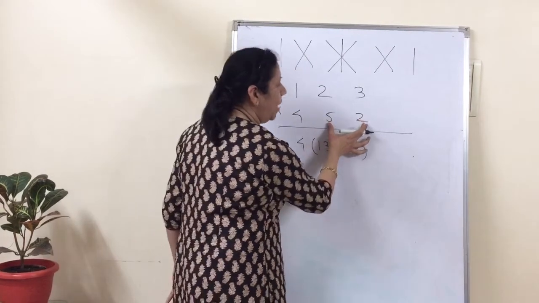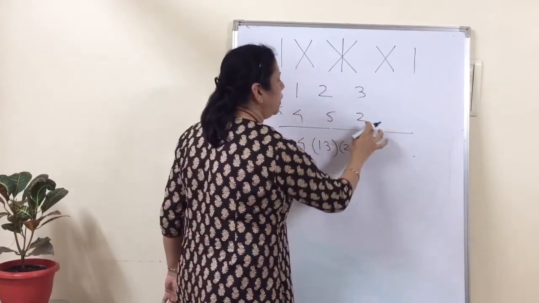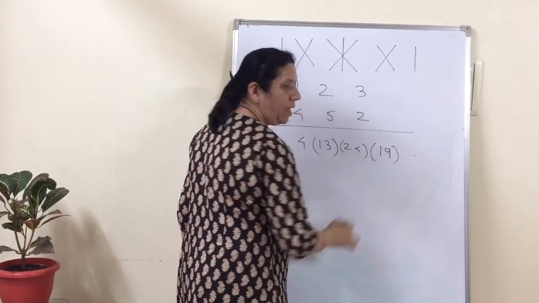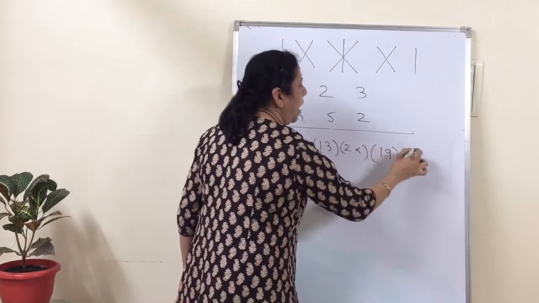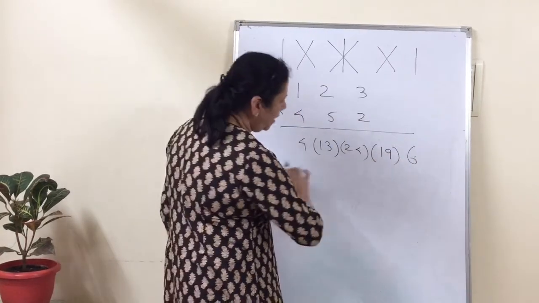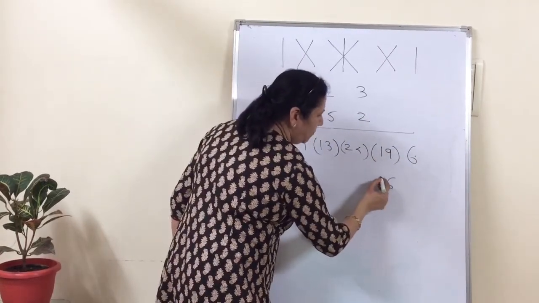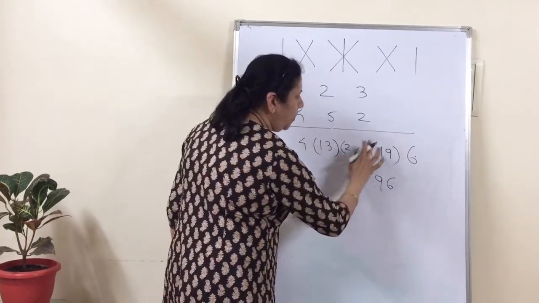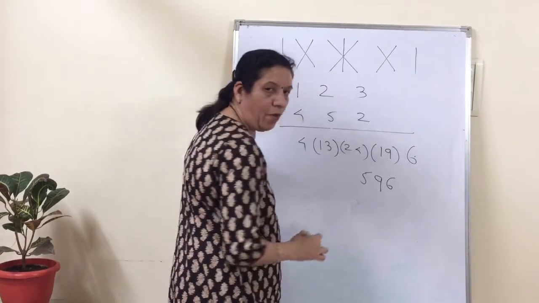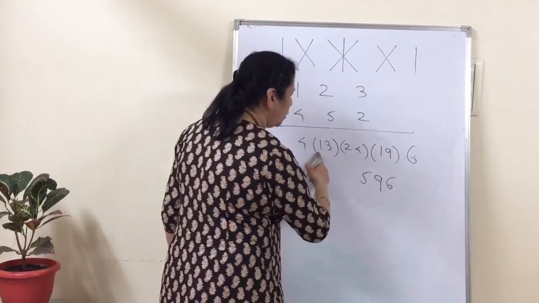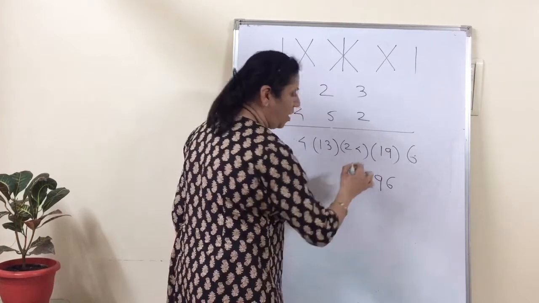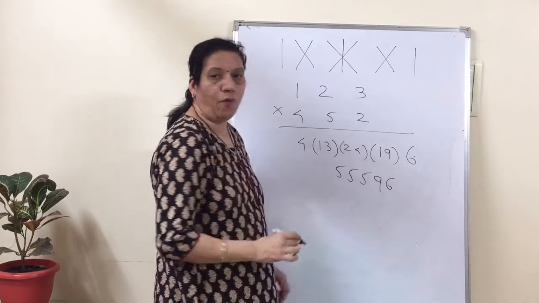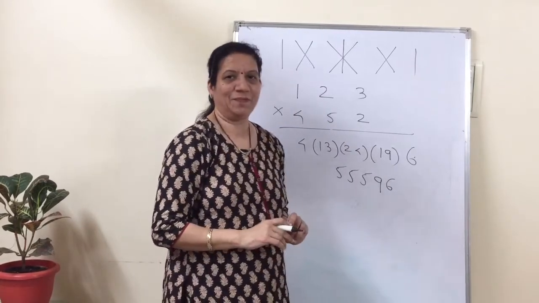Okay. Now we will multiply these two columns. So 2 2s are 4, 5 3s are 15, 4 plus 15 is 19. And lastly 3 2s are 6. Okay. So let us write down the final answer, 6, 9 as it is. 1 is carried forward. So 24 plus 1 is 25. We write down 5 only. 2 is carried forward. So 13 plus 2 is 15. We will write down 5. 1 is carried forward and 4 plus 1 is equal to 5. And this is your final answer.